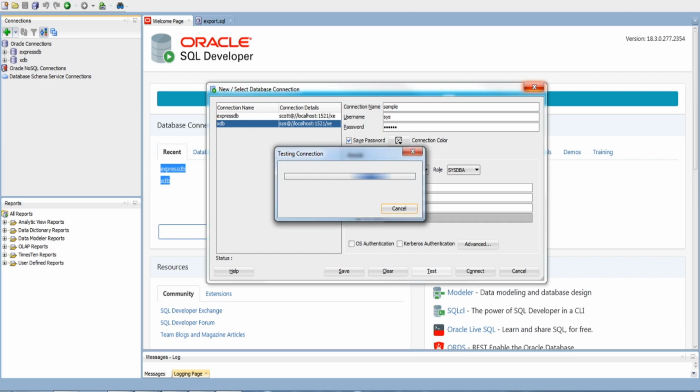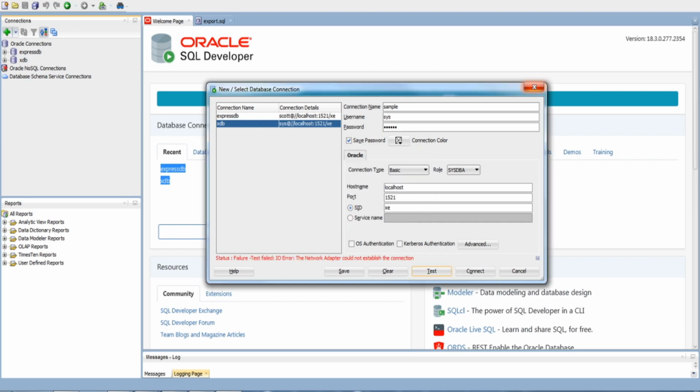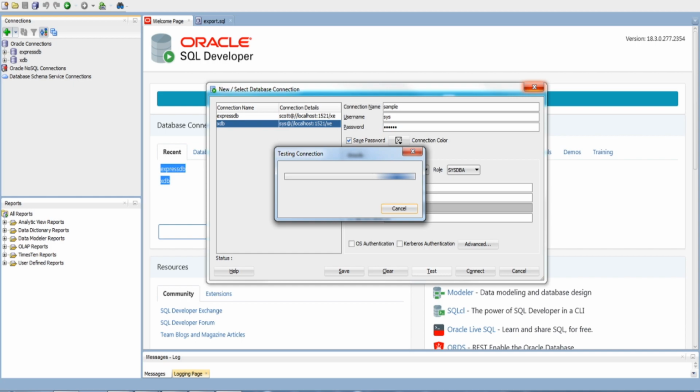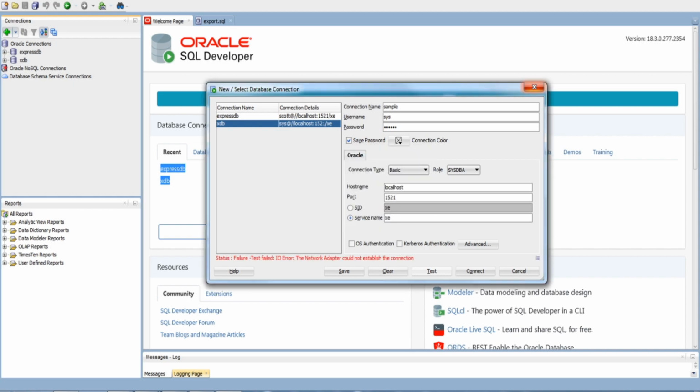You can check your status. Failed. Network adapter could not establish the connection. XE service name could not establish the connection.